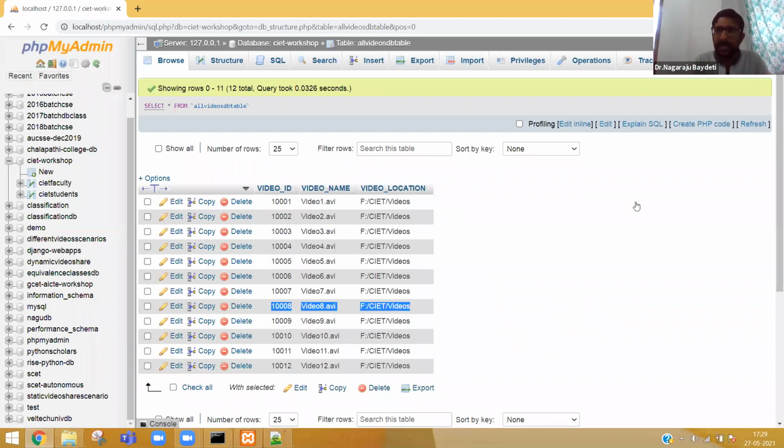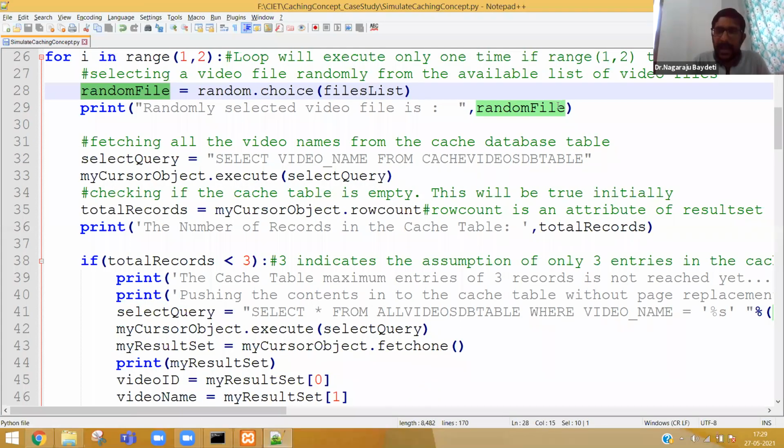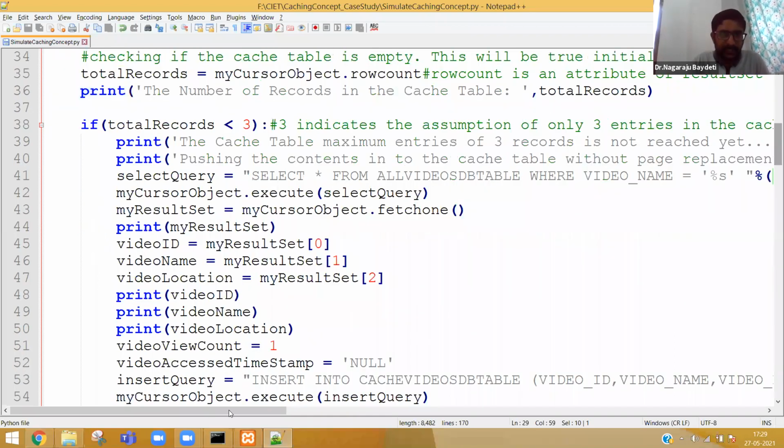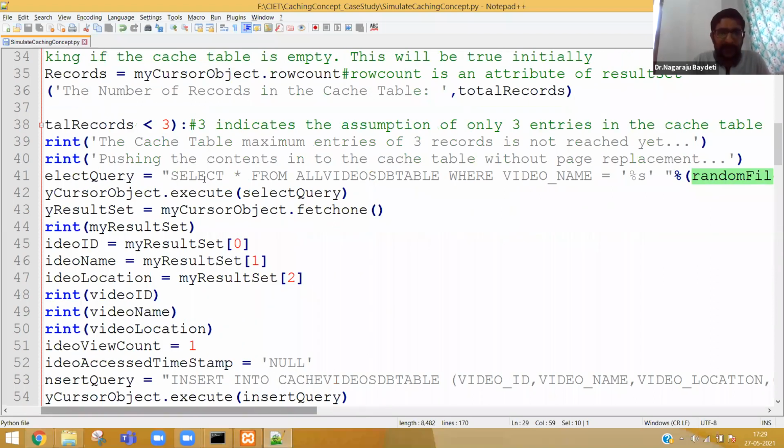So for that, what I am going to do here is random file will have the actual video name. Everybody please see here, select star from the all videos DB table. What is star? Star means everything. What is there in the all videos DB table? Video ID, video name, location. I don't want all the records.